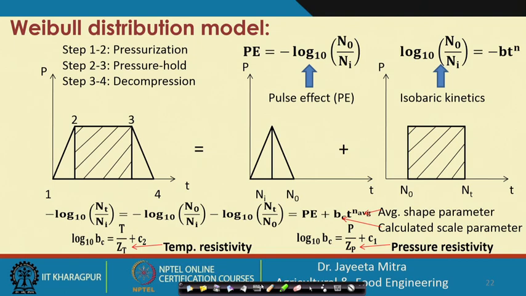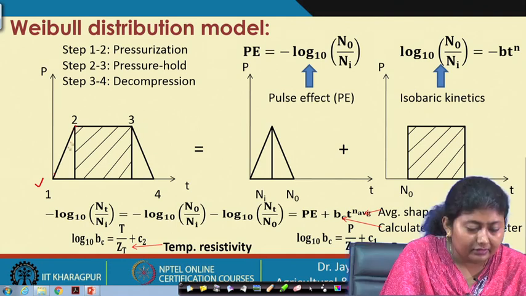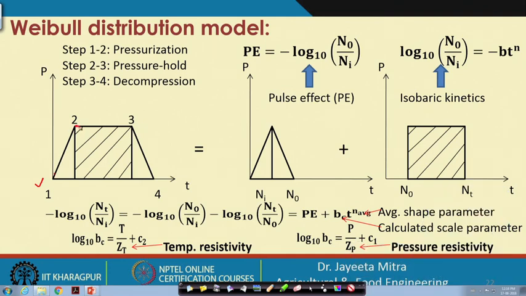As we mentioned, there is pressurization initially, then we have to hold it for a certain time and then again the pressure is released. In this pressure and temperature diagram, from 1 to 2 the pressurization will occur. Then from 2 to 3 there is pressure hold. We maintain the pressure we achieved at P2 up to time T3, and then it reduces to atmospheric pressure.